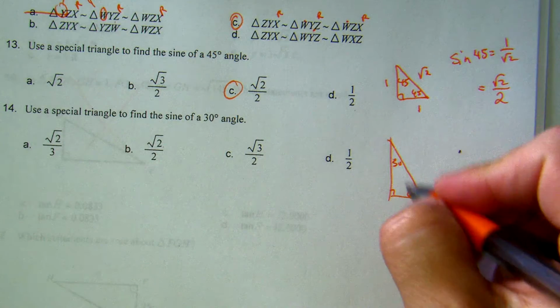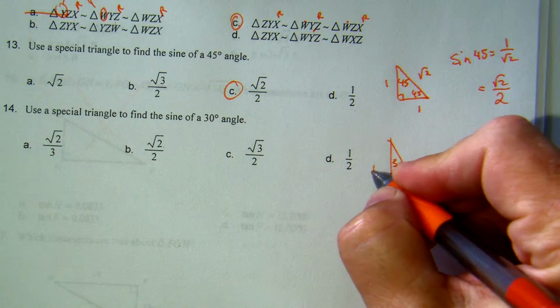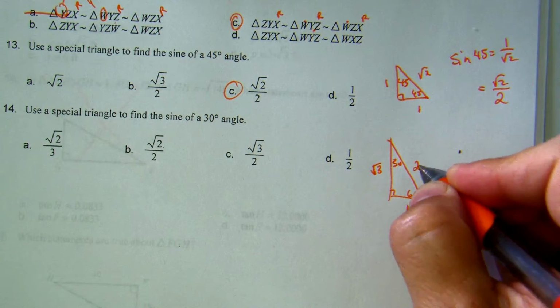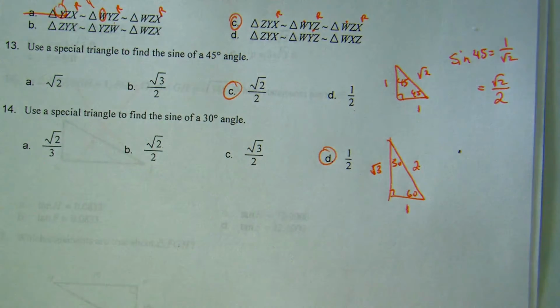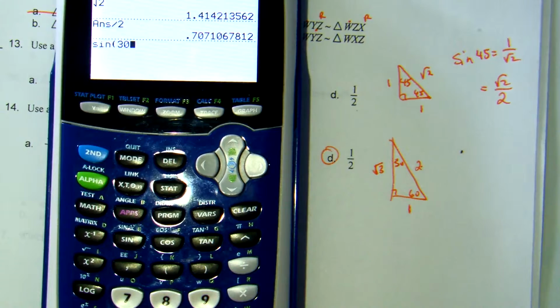And the sine of the 30 angle, if this was 1, that would be 2. That would be 1 times the square root of 3. And so the sine of 30 is going to be 1 over 2. That's my answer. If I put sine of 30 inside here,